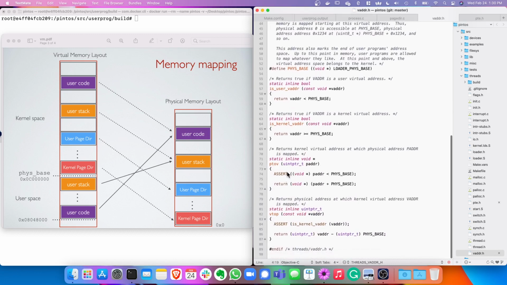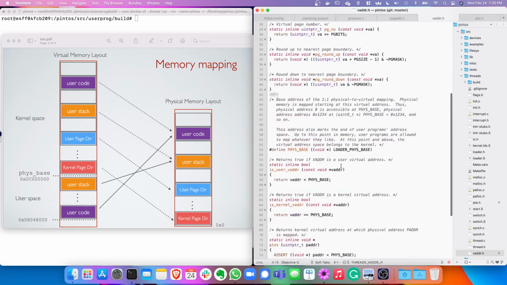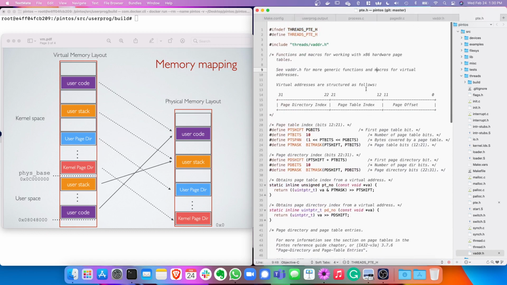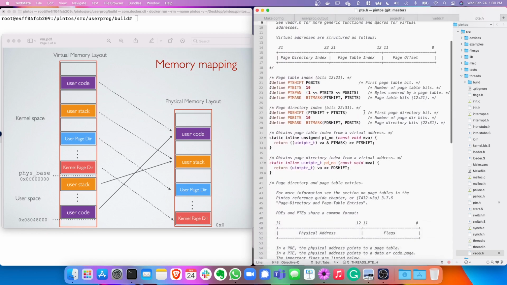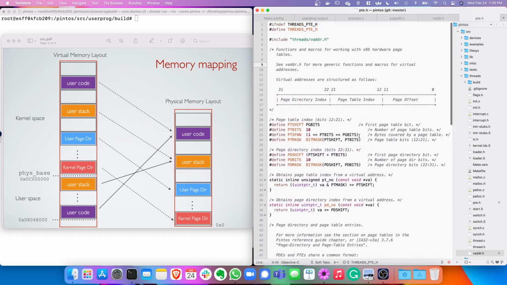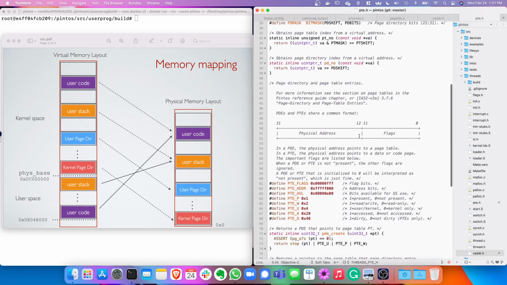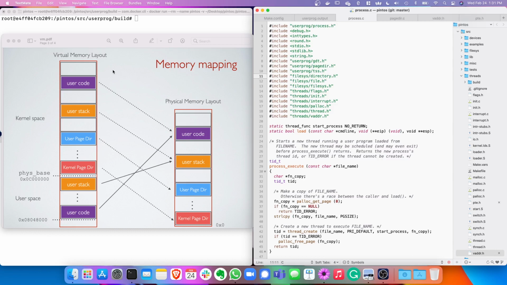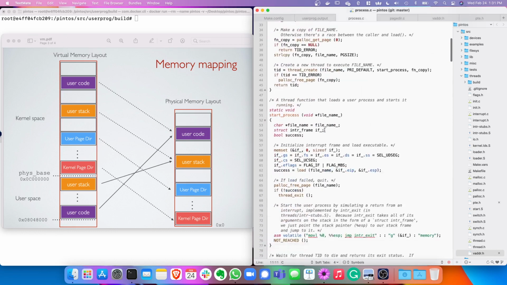And then we have two important functions here that are going to convert from a virtual address to a physical address and backward. Okay. I'm also going to use this one, although you might not need it in your code. It's pt.h, and this is going to allow me to deconstruct a virtual address and then use it for the translation. You will see. All right, so let's run a little bit of code. Or maybe before we do that, let's look at